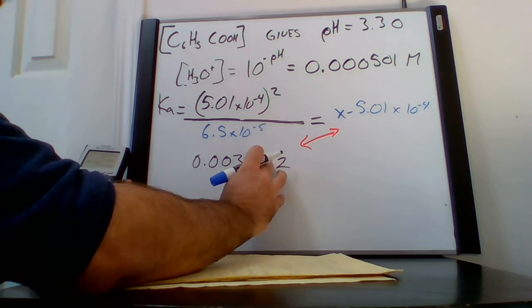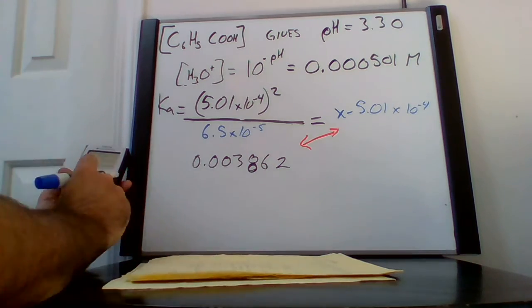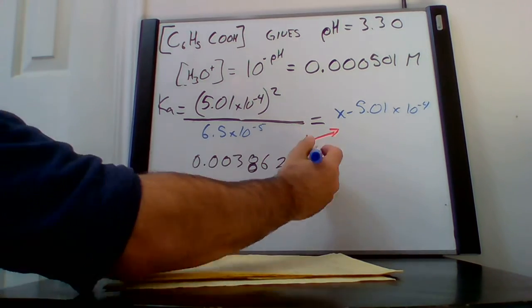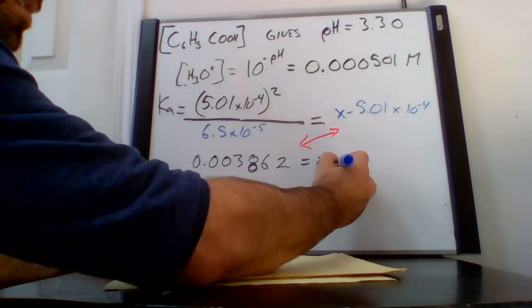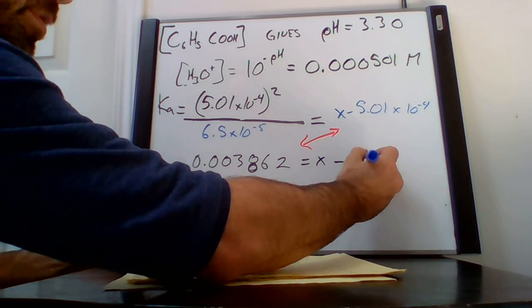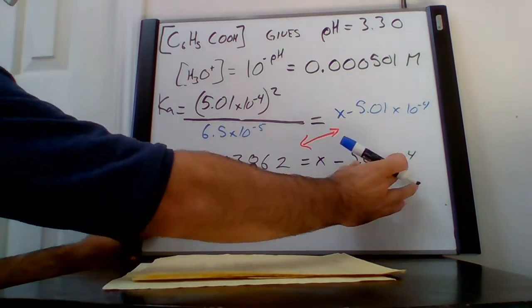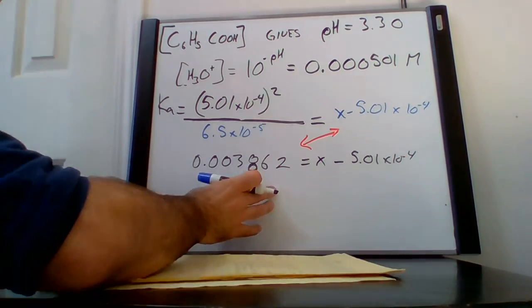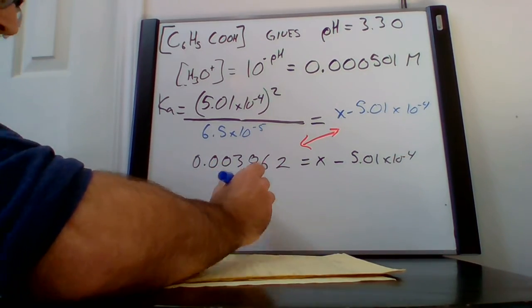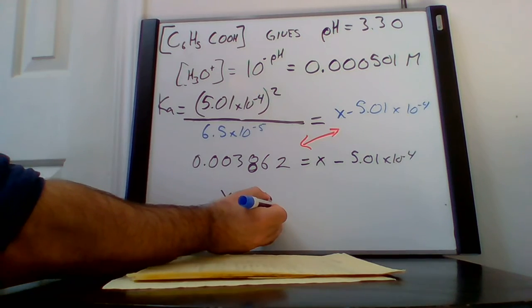That gives 0.003862. So 0.003862 equals x minus 5.01 times 10 to the negative 4. I'm going to add this value to both sides, and I get x is equal to